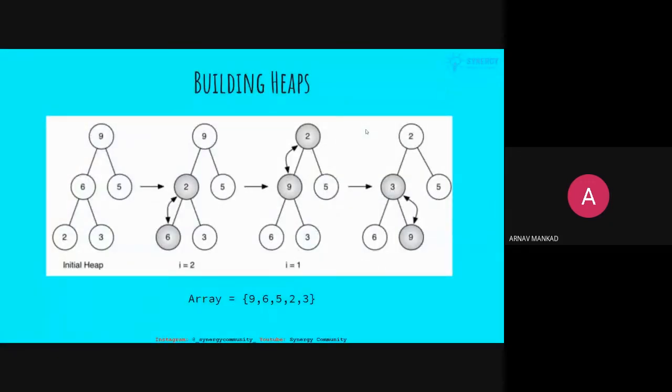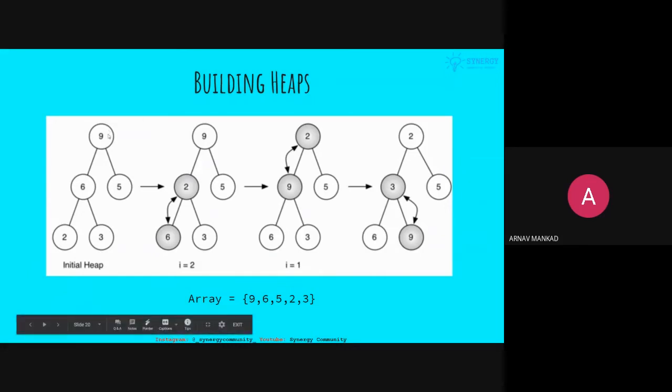So how do we build heaps? So first of all, I want to talk about the representation of heaps. Unlike binary search trees, usually heaps are basically represented in arrays. Okay, so the thing is, the root for any node, the children, is basically stored in 2i and 2i plus 1.